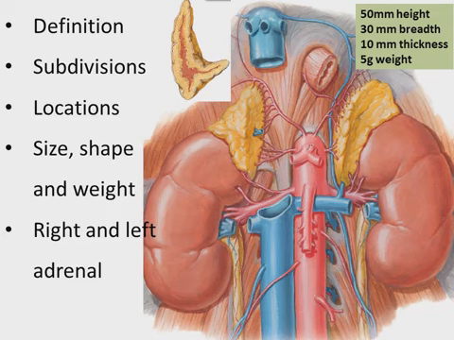And the left suprarenal gland has two ends, upper end and lower end. The upper end is otherwise called the narrow end, and the lower end is called the rounded end. And it has two borders, medial convex border and lateral concave border, and two surfaces, anterior surface and posterior surface. That's the main features of the right and left suprarenal gland.